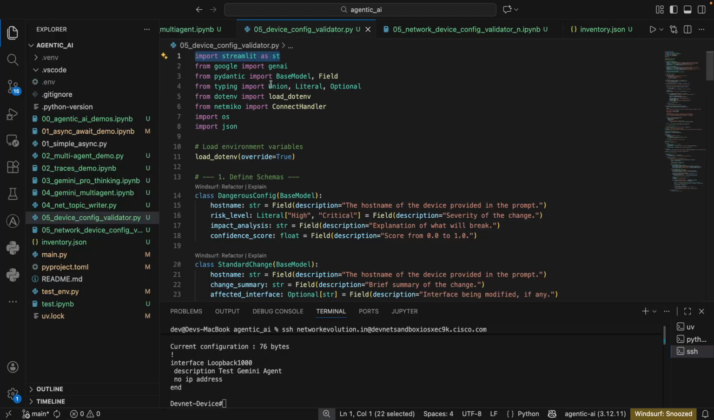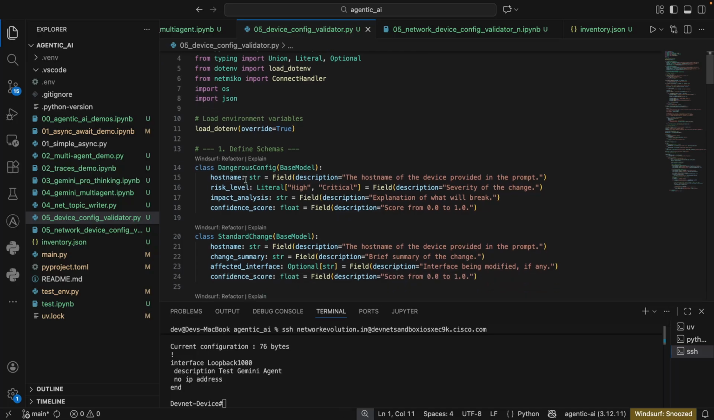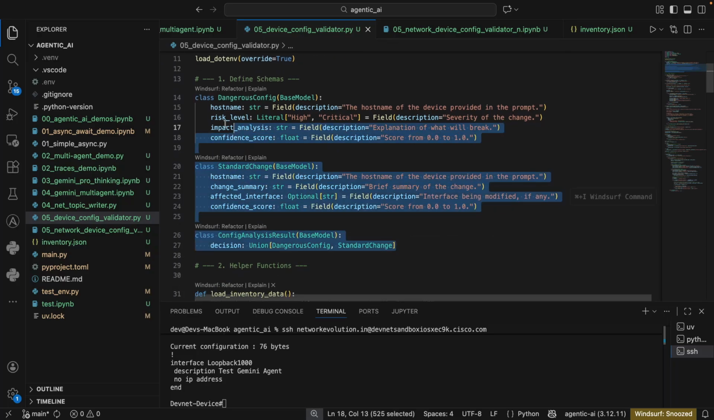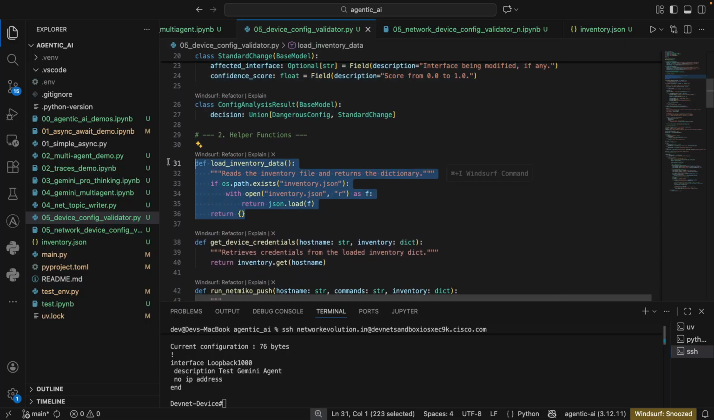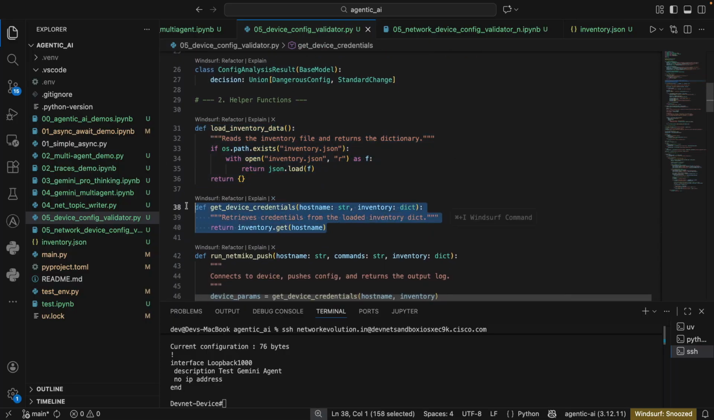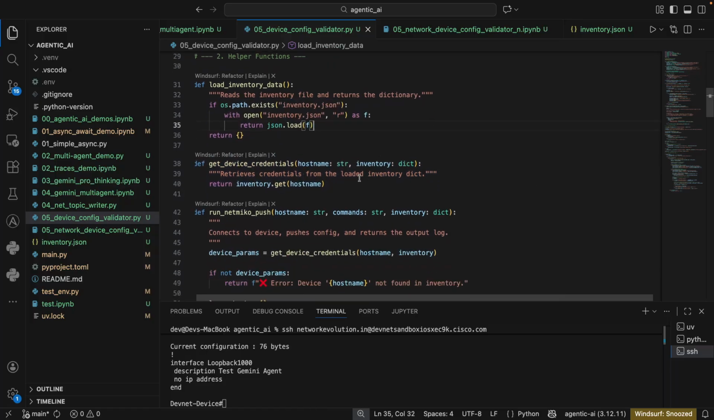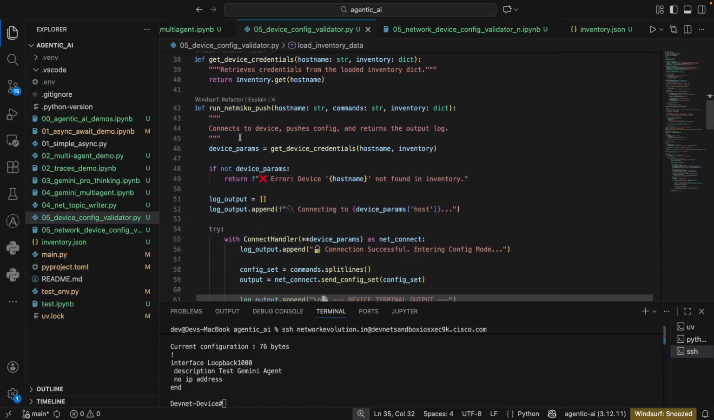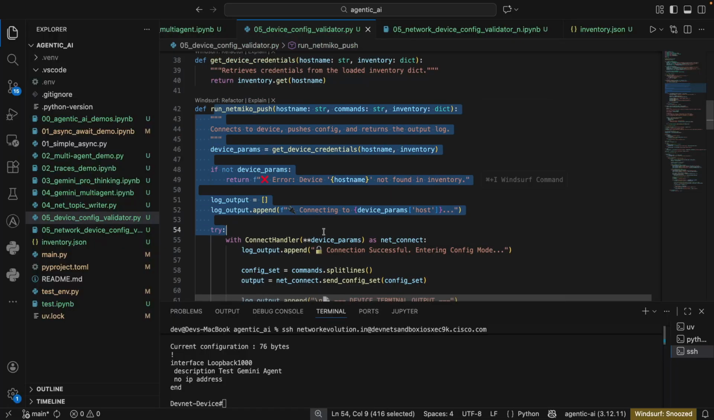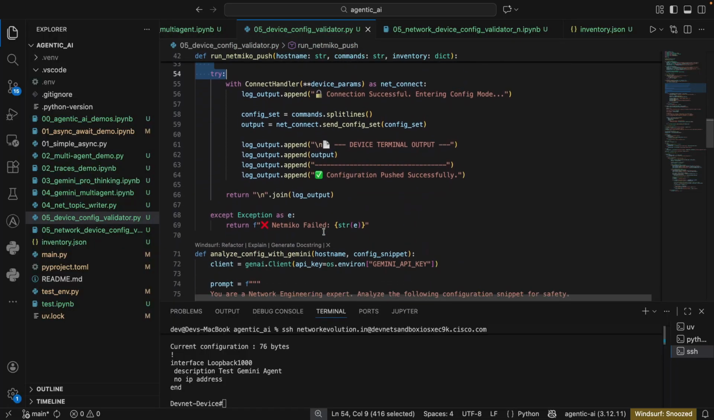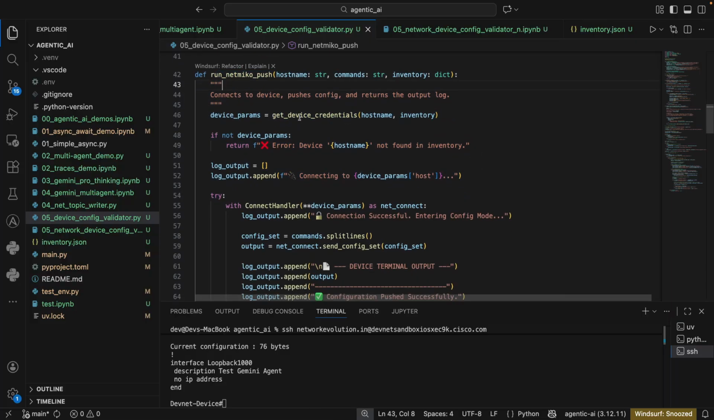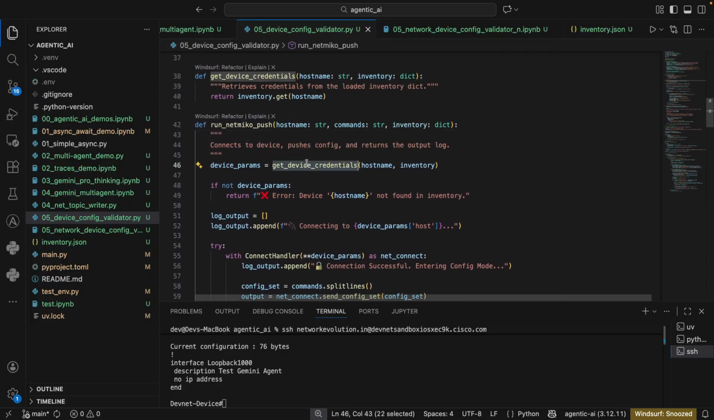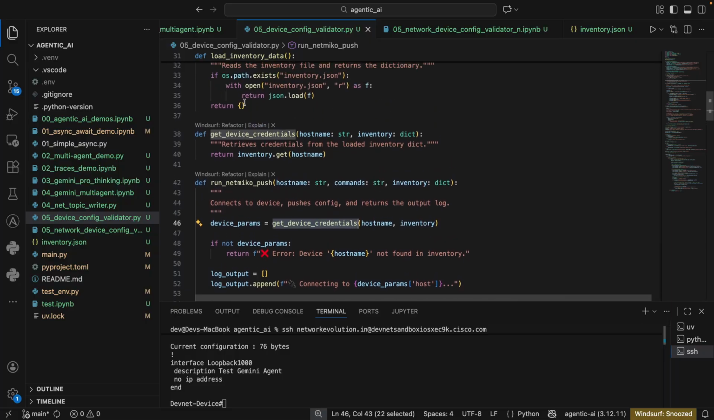Here additionally I'm importing Streamlit. These are the same, the schemas. Then here we are loading the inventory, then getting the device credentials using hostname, and this is the device interaction layer. We are using Netmiko, and here we are calling the get device credential function,